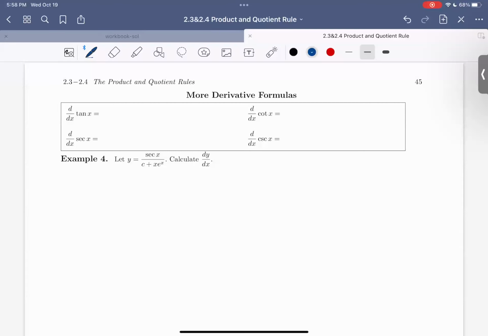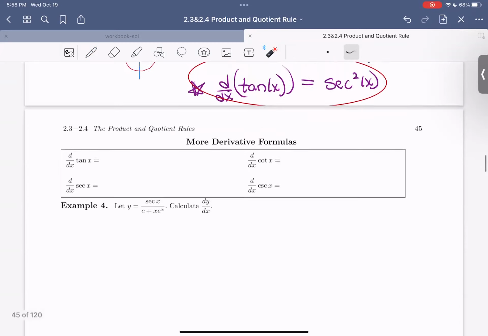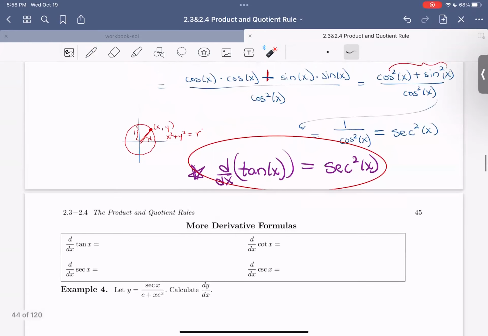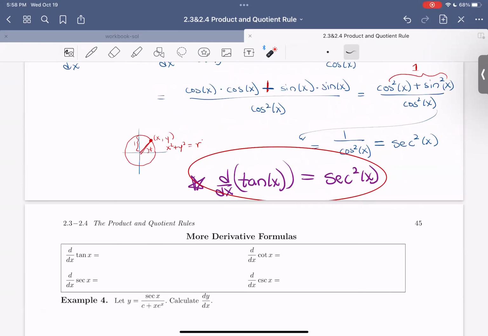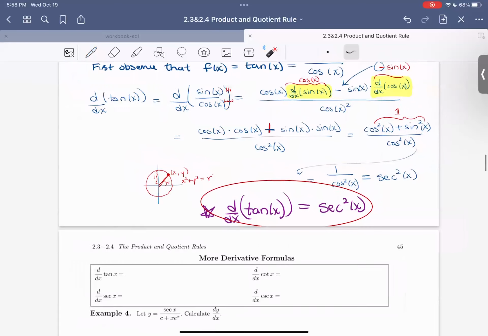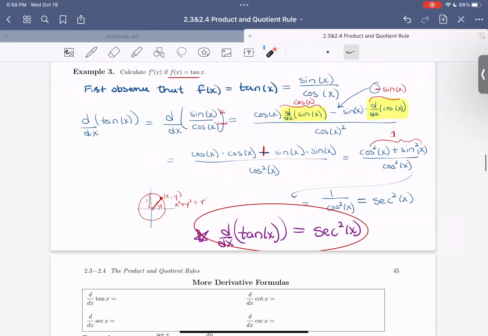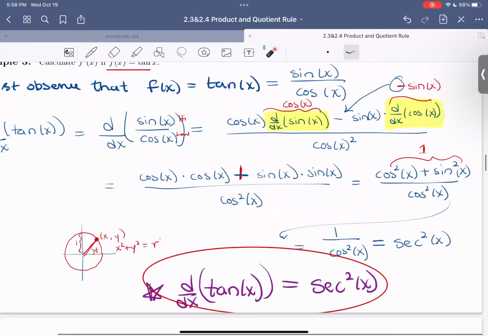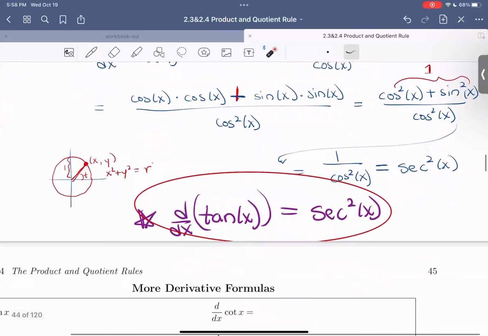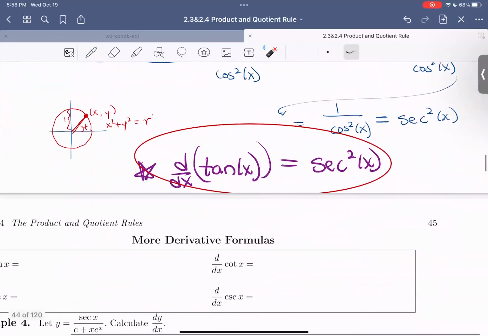Hello, everyone. In this video, we're going to continue our notes on section 2.3 and 2.4 by looking at the more derivative formulas in our notes. So in the previous example and video you just watched and did, we computed the derivative of tangent of x. What we did was we rewrote tangent of x in terms of sines and cosines, and then we were able to deploy the quotient rule in order to compute the derivative, and we got secant squared. So with my more derivative formulas, we can go ahead and fill in the derivative of tangent of x